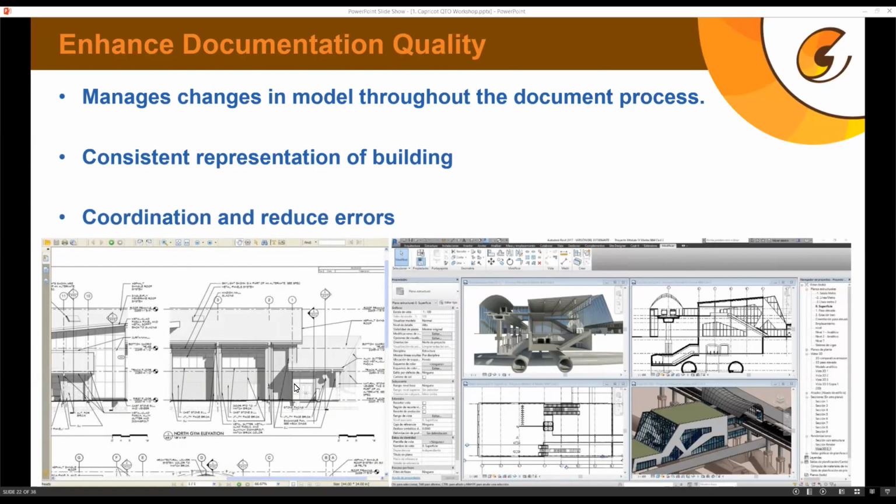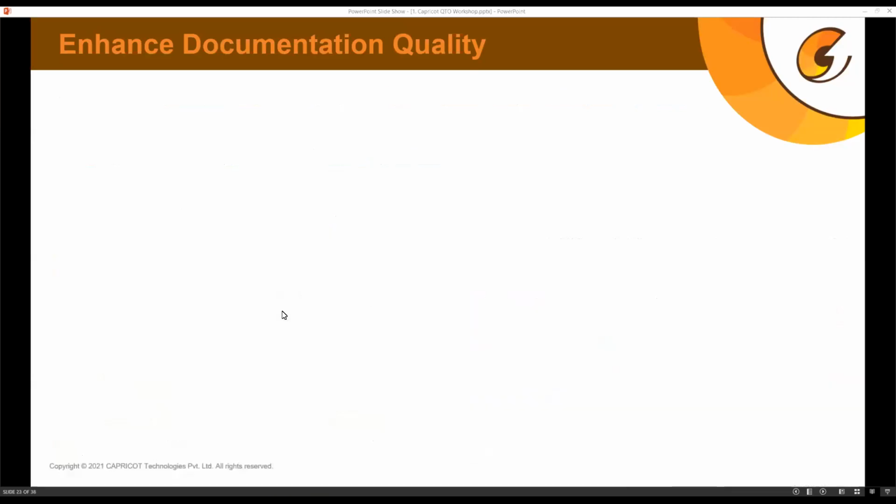Also, obviously, it reduces manual coordination and also reduces the chances of error. Whereas in a 2D workflow, what we need to do is to manually update all the section views, all the 3D views, all the plan views. But in this case, we just need to change our design in any one of the views, and all the related details will automatically update. Similarly, obviously, coordination is not manual. That is why the cost of change will be minimized.